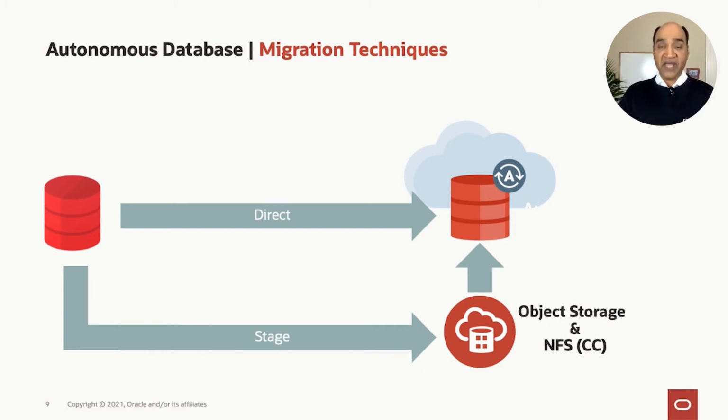And there are two different paths, as you can see in the slide. The first path is very direct. You have a source database to which a tool can connect, and it can move the data to the target database. The other option is where, mostly for databases that would be larger in size or have availability restrictions, you would take the data, stage it in an object store or a local storage, and then from there move it to the Autonomous database. So you have two distinct paths and two distinct methods, and a lot of the tools that I'm going to talk about are one or the other. That way you'll understand the differences between the two tools and where you should use one versus the other.